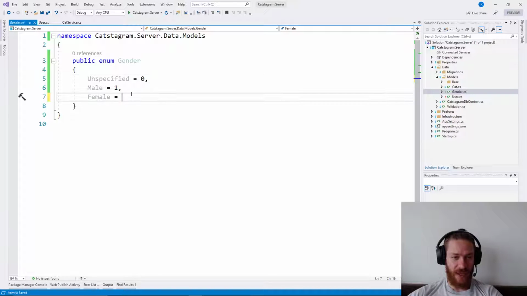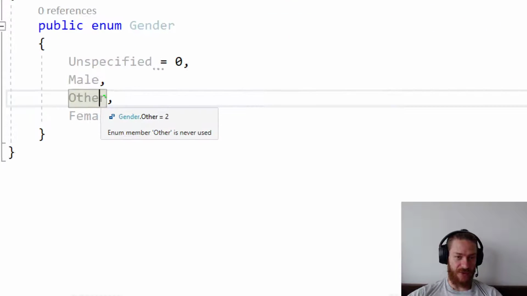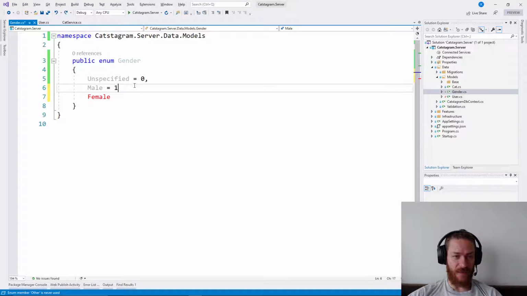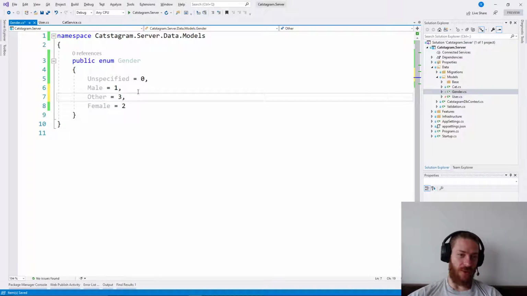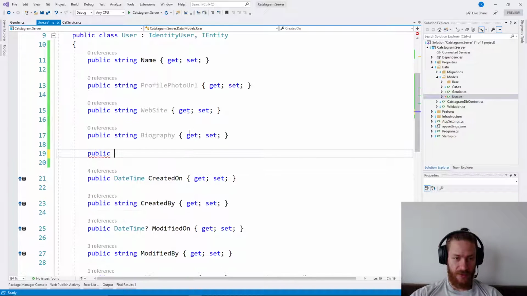If you don't have them, for example like this, and decide to add another option here, other will become 2, as you can see, and female will become 3, which will lead to unstable and invalid data. So always make sure you put the numbers so that if you decide to add other, you need to put its number like this. Okay, so the user will have a gender